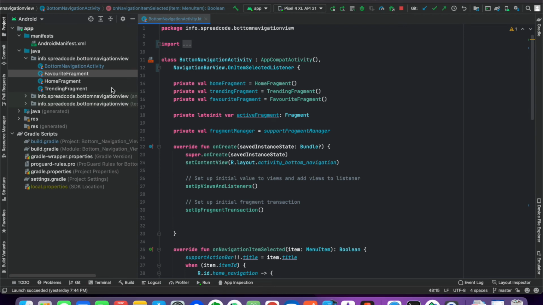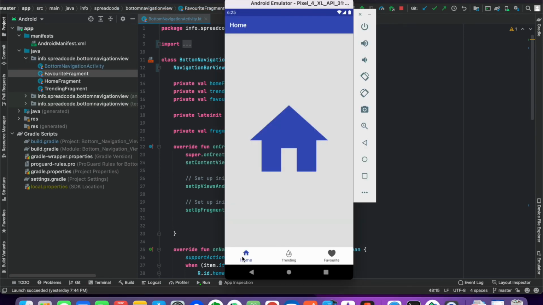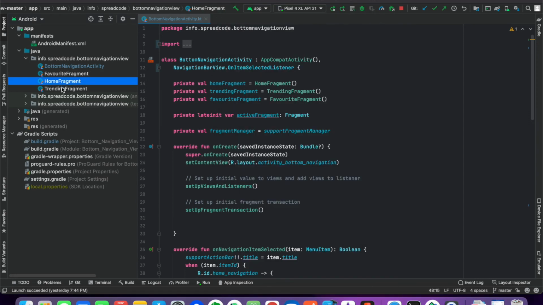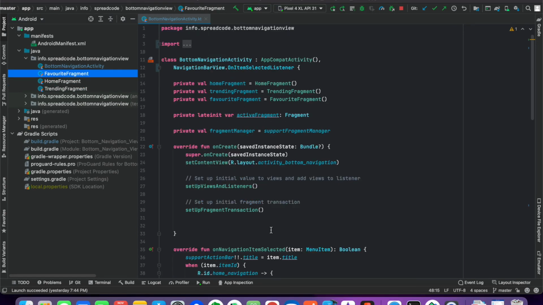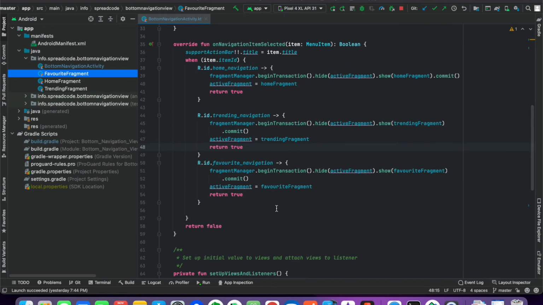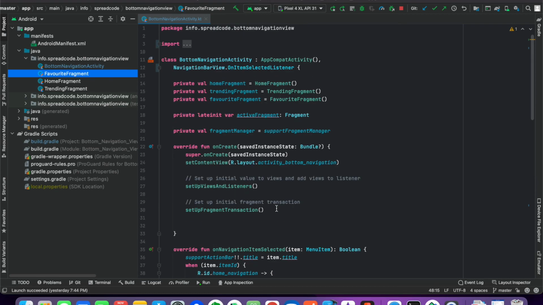To summarize, I have created an activity and added only three items in the bottom navigation view. For all these items I have created separate fragments. These fragments are created in the activity, and their transactions also happen in the activity with the help of the fragment manager.